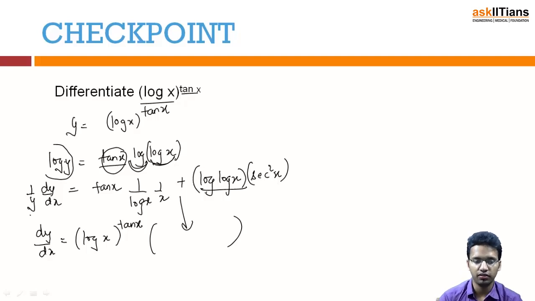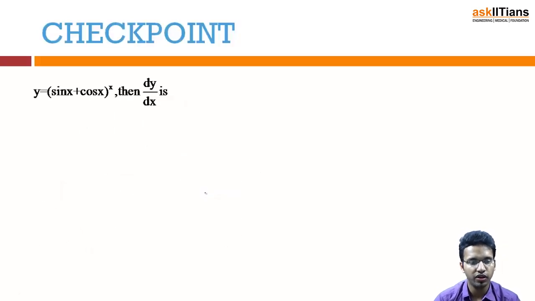So I hope this was an easier example, okay. We'll consider one more example. It says y is equal to (sin x plus cos x) raised to power x. Now you will find that each example, once you know the trick, as all of you must have noticed, the magic is only mesmerizing until you know the trick. Once you know the trick, it becomes quite normal, or quite ordinary, okay. So same goes with this concept also. If at the beginning these kind of questions would have come, you would have just scratched your head at what to do, okay. Now you just simply know what I need to do, 1 by y dy by dx,